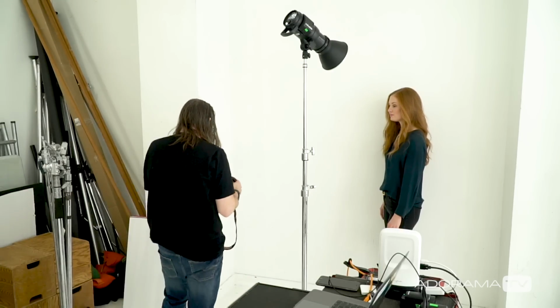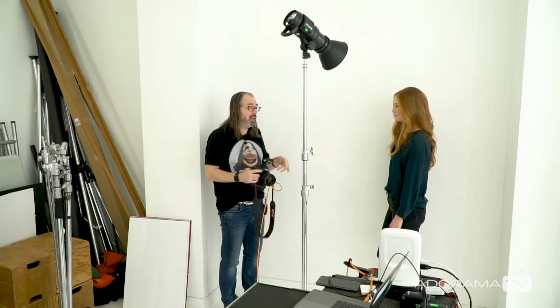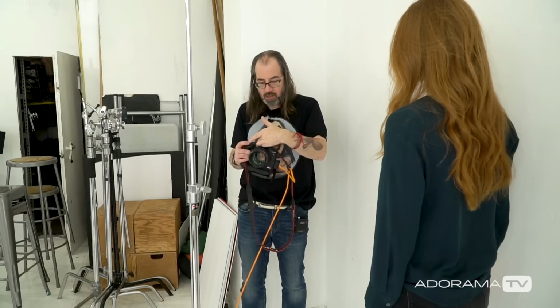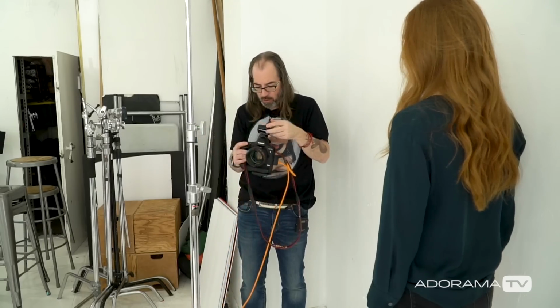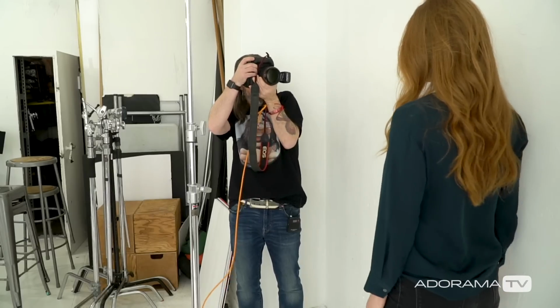One thing I will say is I'm using my 85mm. I've got it in high-speed sync. The reason why I have it in high-speed sync is because she's only got maybe 2 feet behind her, and because this is a corner and it adds some texture, I want it to be more out of focus. So I'm gonna shoot at f2. If I was shooting at f2 and I stayed at 1/250th of a second, you'd pick up the ambient light in the space. So without my flash on, which I'll turn off right now, 1/2000th of a second at f2,